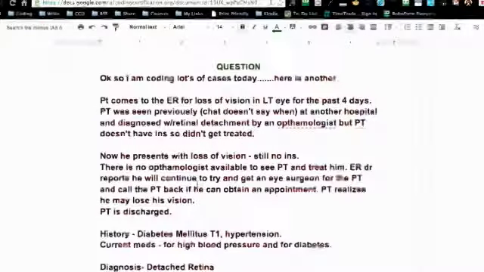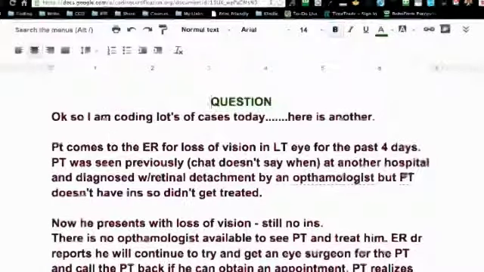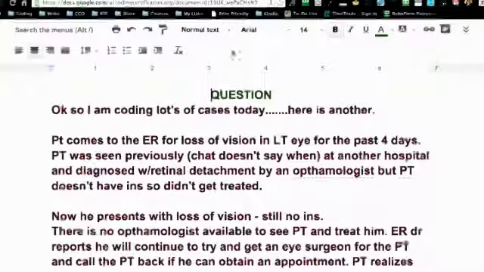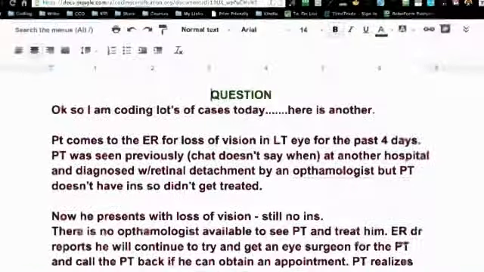Okay, she says, so I'm coding lots of cases today, and here's the one that she's struggling with. Ultimately, you have a patient that comes in, they have a loss of vision, and as the case goes on, the patient is diagnosed with a detached retina, okay, and ultimately he can't get seen by the doctor because